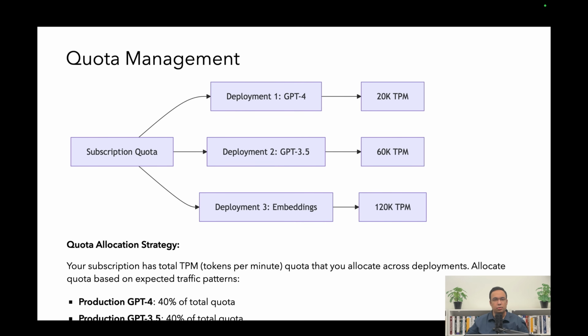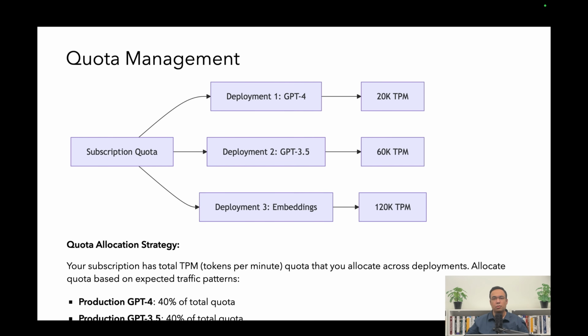You should allocate quota based on expected traffic patterns and business priorities. Here's a sample allocation strategy. So for production GPT-4, you might allocate 40% of total quota. This is your highest priority workload that directly impacts customer experience. For production GPT 3.5, you might allocate another 40% of total quota. You're serving more requests with GPT 3.5 than GPT-4, so you do need significant quota for this as